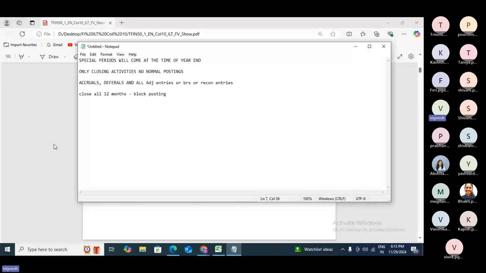This is nothing but at the time of year end, we don't need any interruptions by entering new entries in the same year. So proper closure activities need to be done. So we close or block all the postings for the particular financial year. Okay, this is the second step. Third step only we will